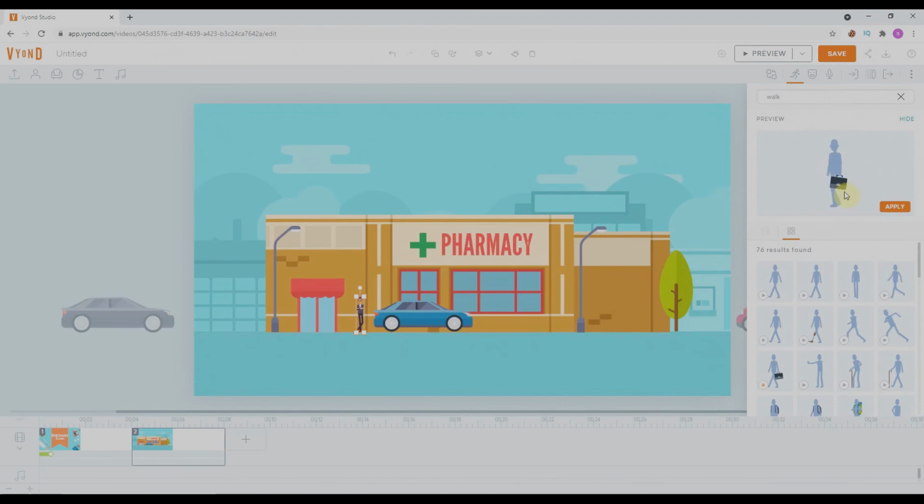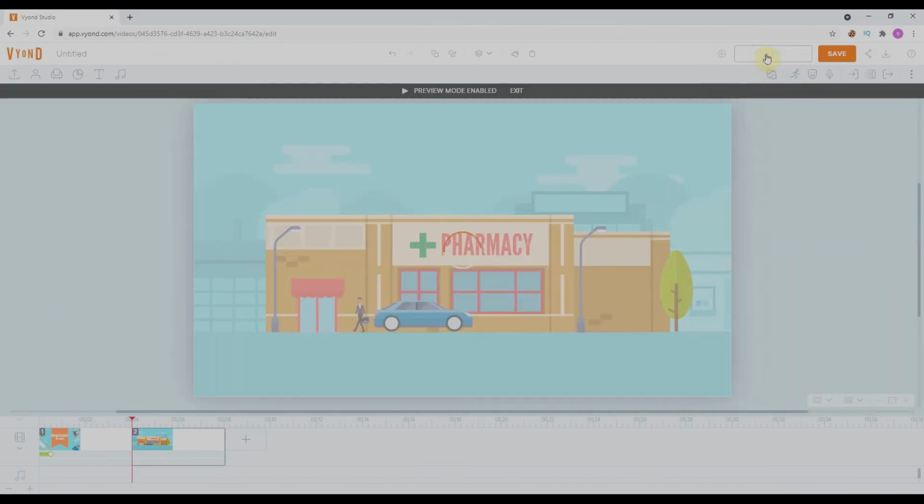We can even check it before placing the animation, like in a stick form, you can say. Before applying anything, we can check these kinds of animations. So we'll just click on the apply button, and once we click on preview, you can see there is a walk cycle of that character. But the problem is the character still stays in the same position all the time.